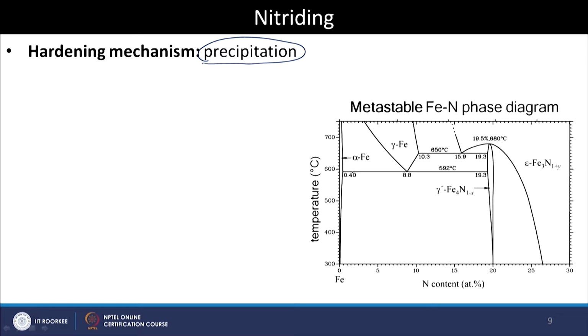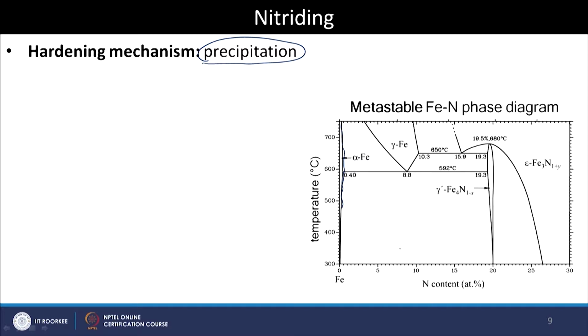Again you see here you have a ferritic phase that is only in this small region, right. This is the border for the ferritic iron. It has a very low solubility, at the eutectoid temperature of 592 degrees Celsius it can only take 0.4 atomic percent. You see that this is given in atomic percent, at 8% it will be somewhere around 0.1, right. And the moment you cross this nitrogen solubility limit, you start to produce this gamma prime iron nitride. That is what is expected to happen when you take pure iron, because this is an iron nitrogen phase diagram.